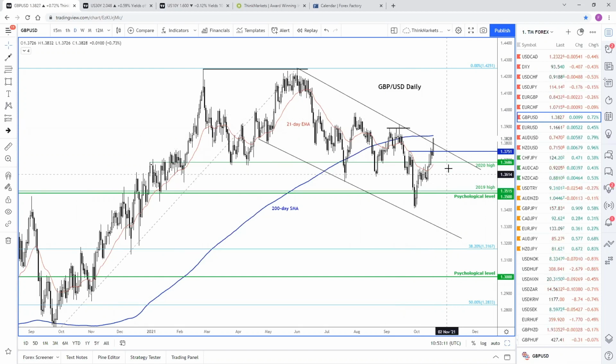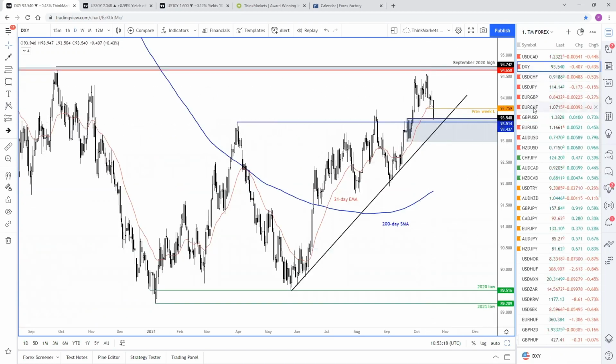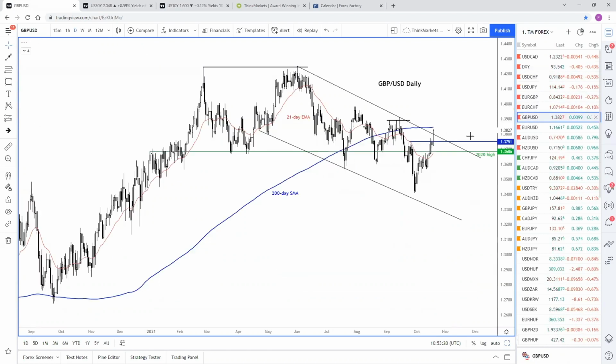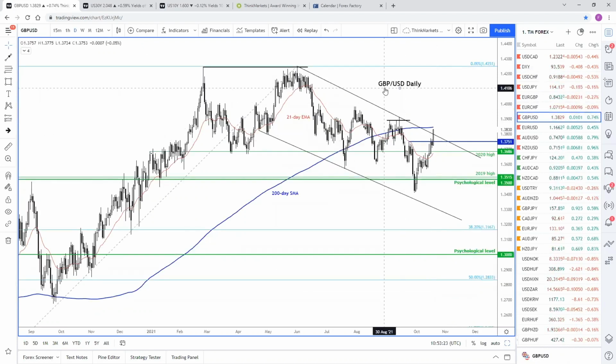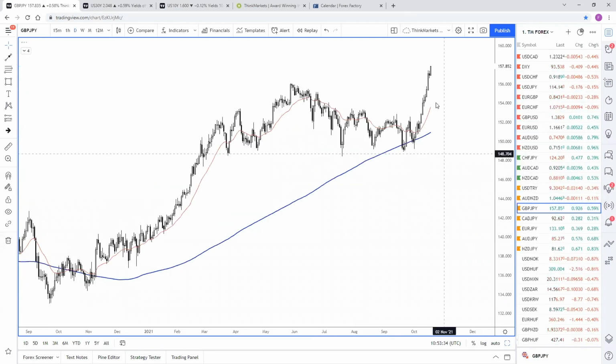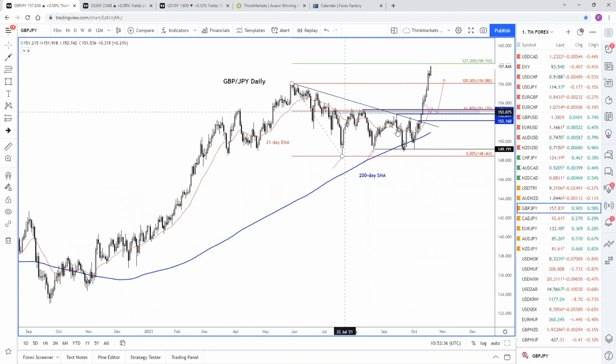So I think the pound going forward, with the dollar index being at support right here, I would favor looking to buy the dips on the pound against weaker currencies like the Swiss franc, not against the dollar, but against the franc. Because, first of all, let's look at the Japanese yen. The pound has broken out significantly against the Japanese yen. But I reckon the Japanese yen and Swiss franc are a little bit similar in terms of